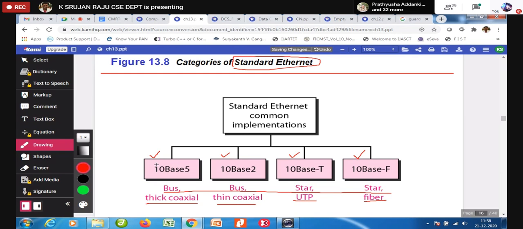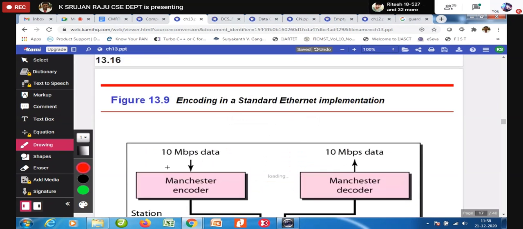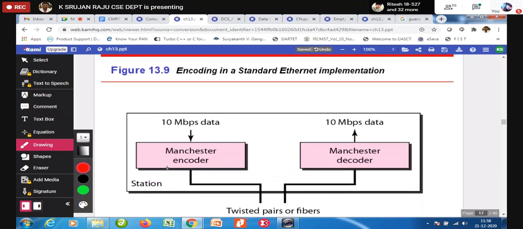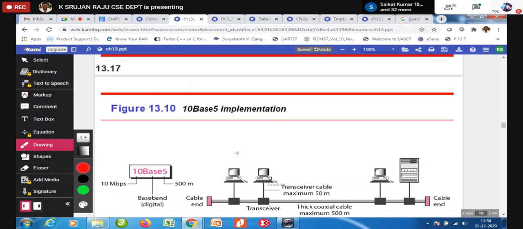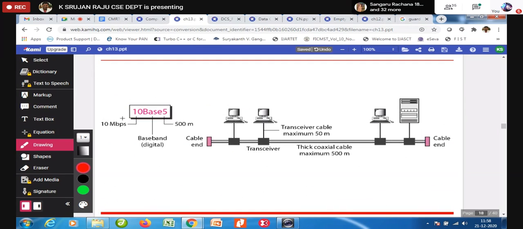Okay, in detail about 10 base 5, you remember earlier I explained about Manchester encoding, the data encoding and line coding standards. So in the 10 base implementation, what is the meaning of that? It can transfer at 10 megabits per second, and the maximum cable length is 500 meters, and it uses the baseband.